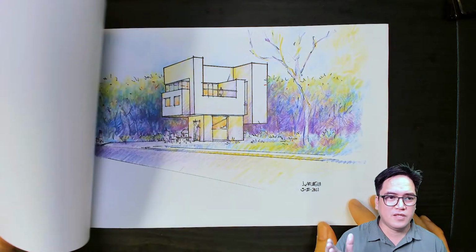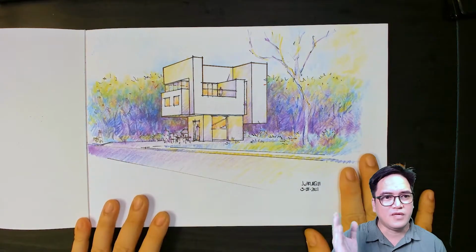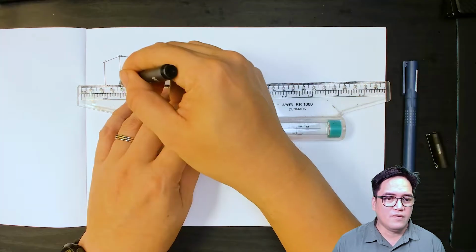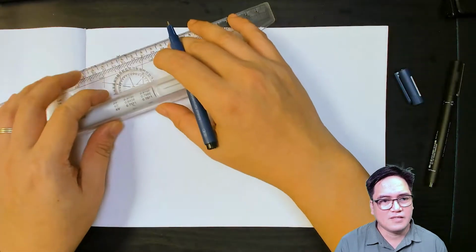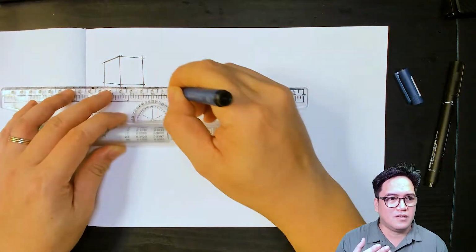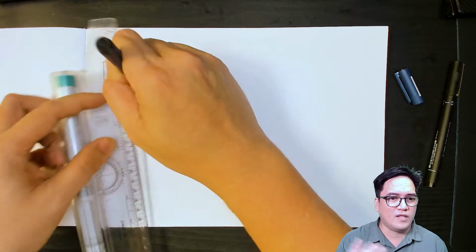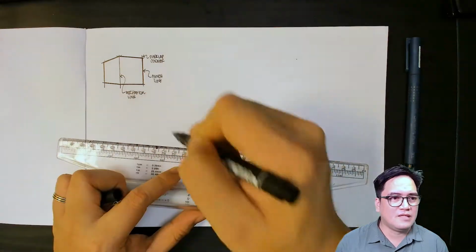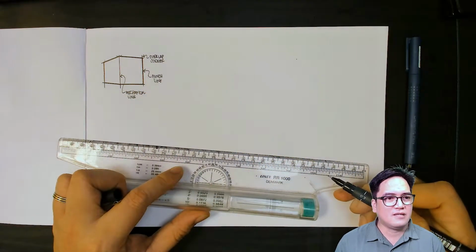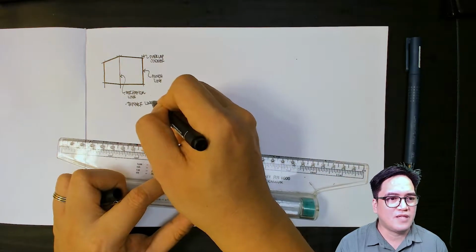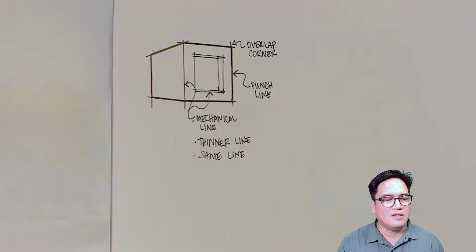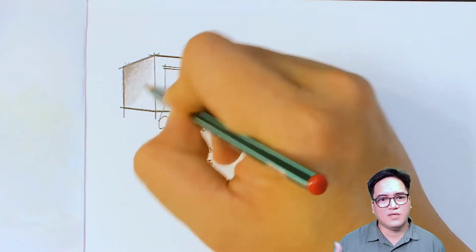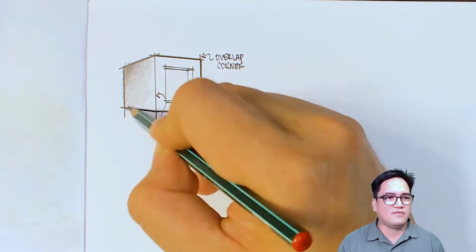So I'm going to be showing you a finished rendering in pen and ink and colored pencil. In this video, I'd like to make a primer first on what elements I used in drawing that finished rendering. When we're doing lines, there are two different types of lines that I use. One is thin and one is thick. Then after which we go into the types of shading,